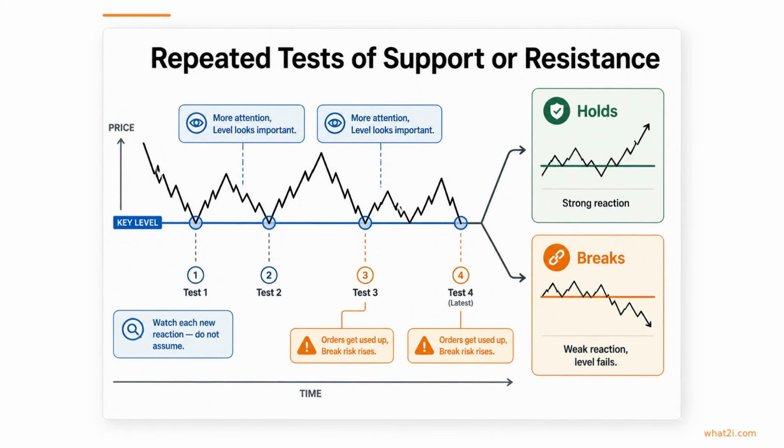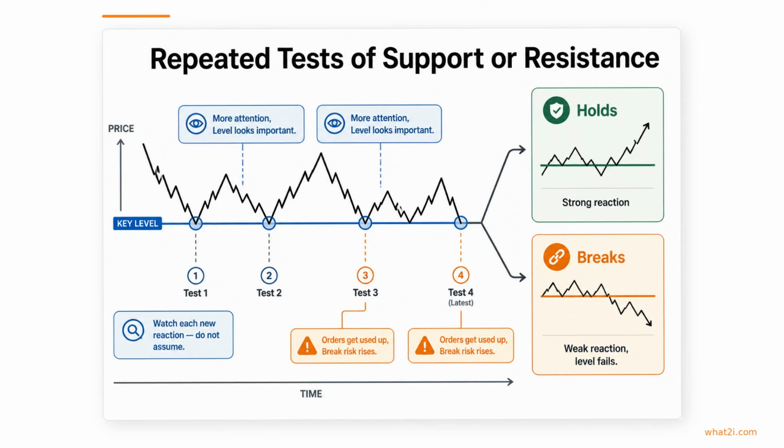When price tests the same support or resistance area repeatedly, that level usually becomes more important in the eyes of traders. More people notice it, watch it, and may place trades around it. But repeated tests can also weaken the level because available buy or sell orders may gradually get absorbed. That creates an interesting balance. A level can gain significance while also becoming more vulnerable. This is why each new test deserves fresh attention rather than blind confidence. A level that held 3 times can hold again, but it can also fail precisely because it has already been